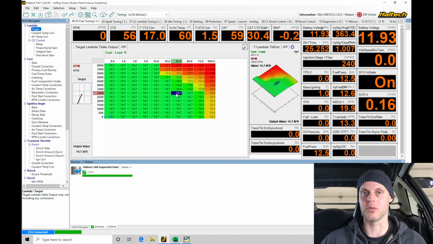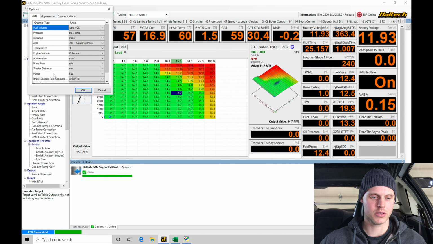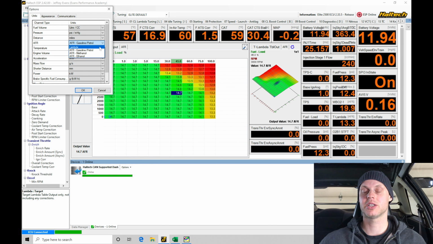Now we are running ethanol-based fuels. The one thing I'm going to keep in mind with this, with the target air fuel table, and we have our unit scale. If we go up here into tools and we go into options, I do have my unit scale for air fuel here set onto air fuel, gasoline, petrol. If I set it onto Lambda, everything will be displayed in units of Lambda. Now the wideband is actually sending in a 0 to 5 volt signal, and that's going to be scaling it out based on actual Lambda. The Haltech's actually going to take that Lambda signal and convert it into what we're specifying here. So gasoline, petrol,